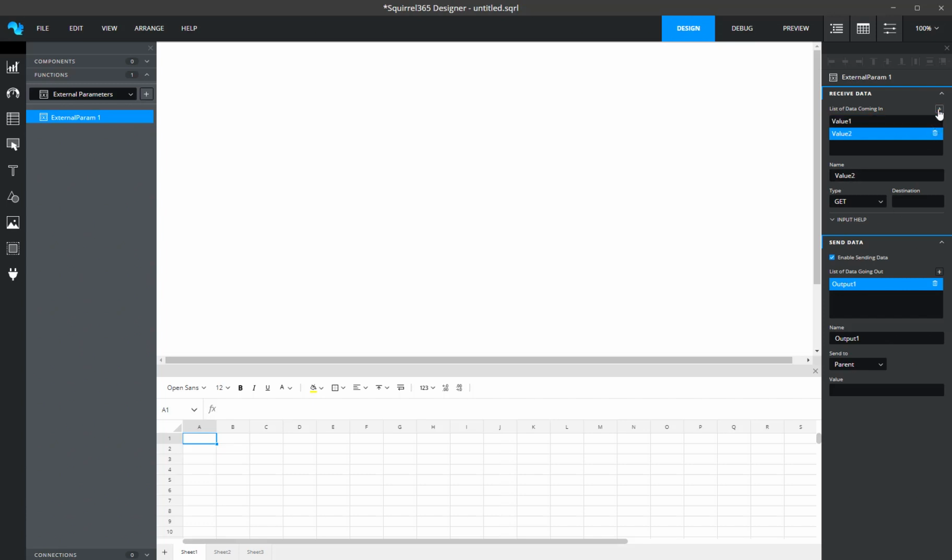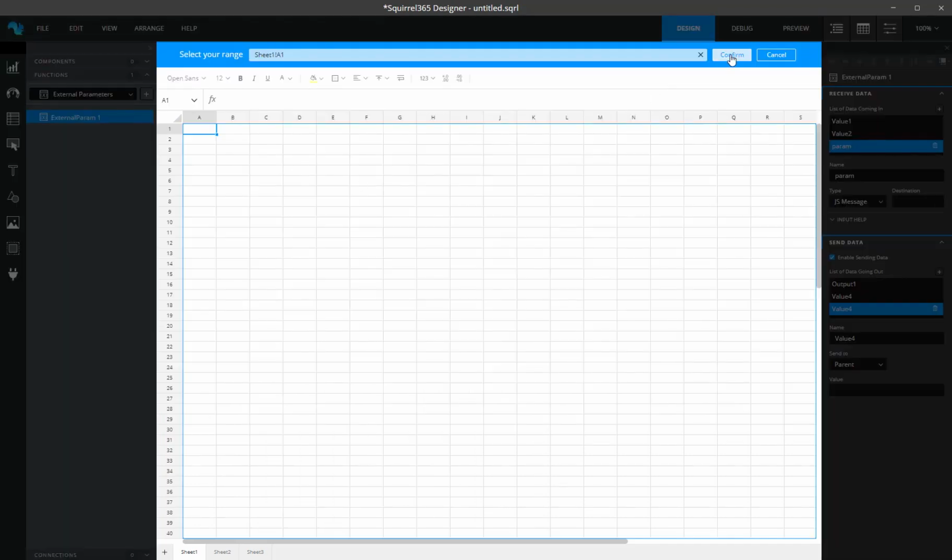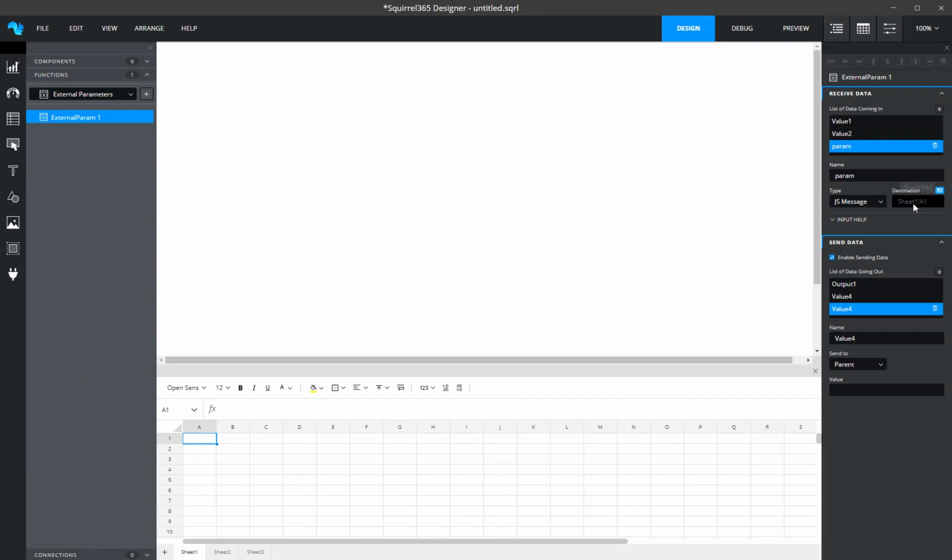Multiple parameters can be sent and received just by clicking this plus button, and individual parameters can be renamed. The type of the incoming message is either GET, in which case the parameter is sent on the query string calling the Squirrel project, or as a JS message, which is sent in using a JavaScript message from the containing application. In both cases, we provide a cell to bind to that message, in this case A1, which means that any time this param message comes in as a JS message, its value will be inserted into sheet 1 A1